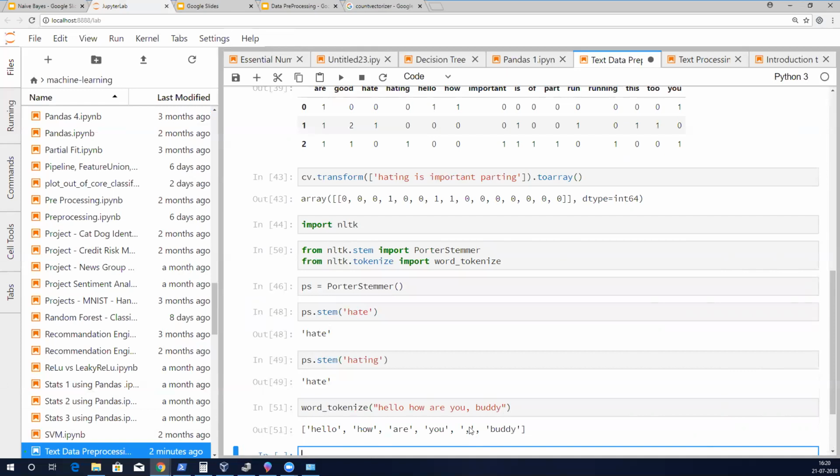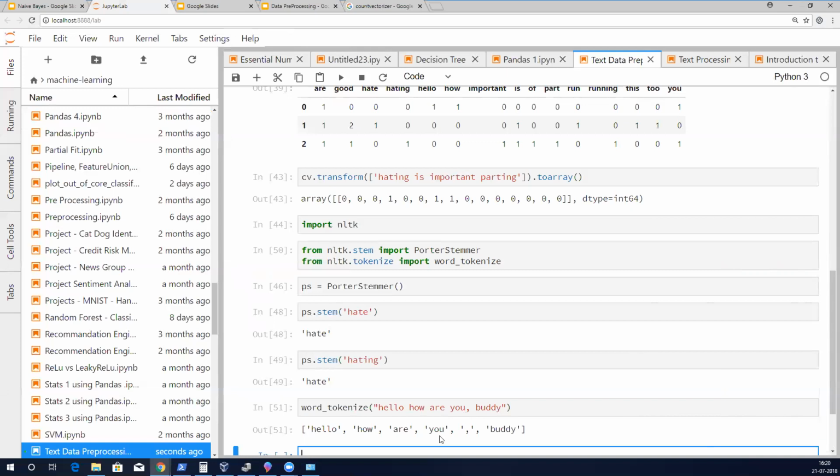See, though it is connected to this, it's separated out. So we will use the word tokenizer. After word tokenizing, it converts all the elements of the text into different tokens, and on each token the stemmer is applied, and whatever is the conversion, that will be retained. So you have to do these two things.